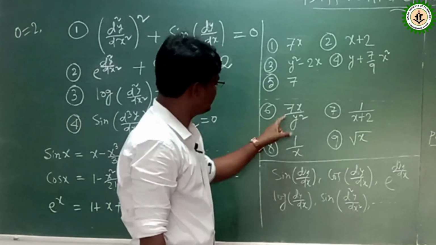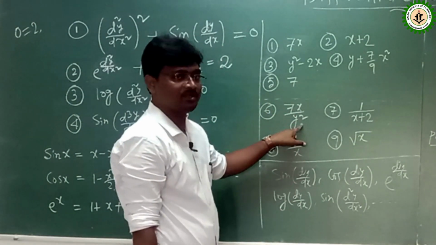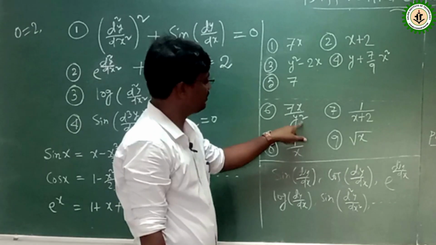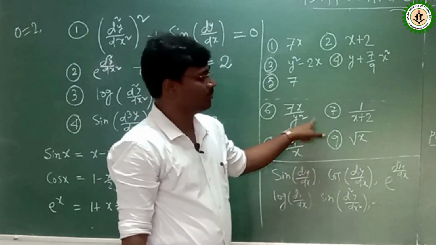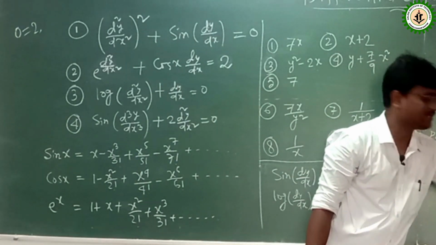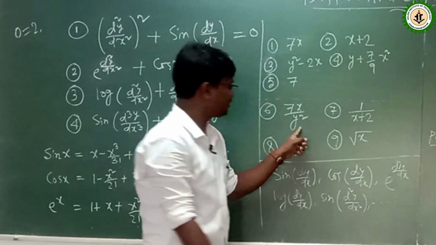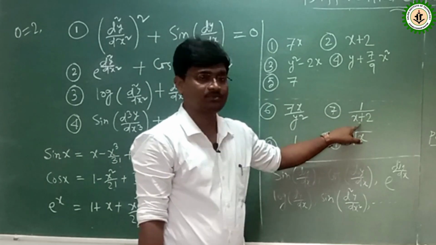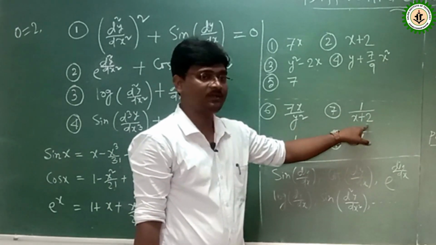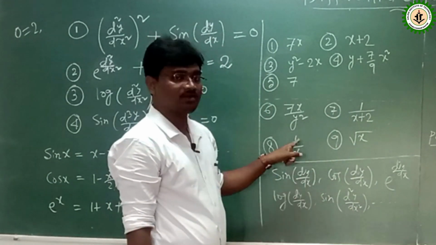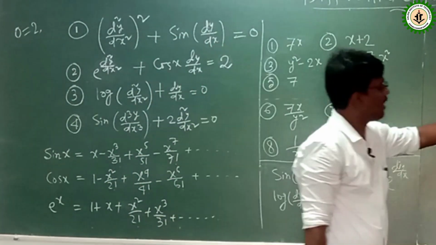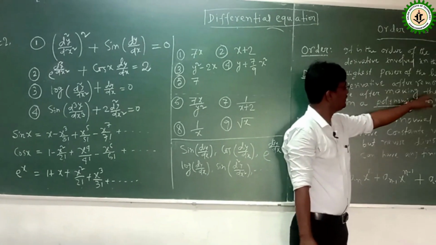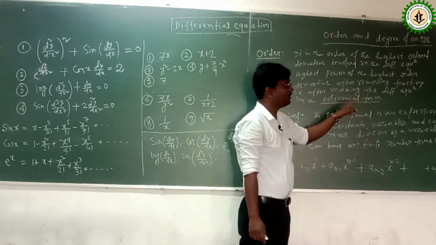Now look at this example, 7x by y square. This is not a polynomial because 7x is divided by the variable y square. In a polynomial there is no division by a variable, so this is not a polynomial. 1 by (x plus 2), this is also not a polynomial. 1 by x, this is also not a polynomial, and root x, this is also not a polynomial. So we need to make the differential equation into polynomial form,